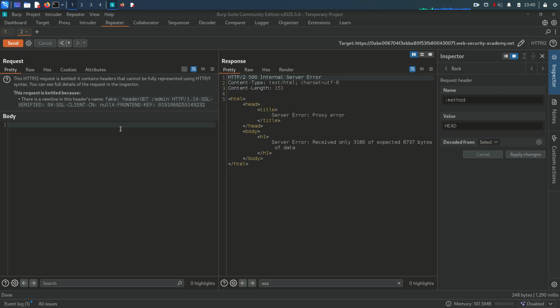And this time we should see the error, server error, and this server error is saying receiving only 3180 of expected 8737 bytes of data. That means this error is basically indicating that we are not receiving enough bytes. Okay, and this is because the content length of the requested resource is longer than the tunneled response we are